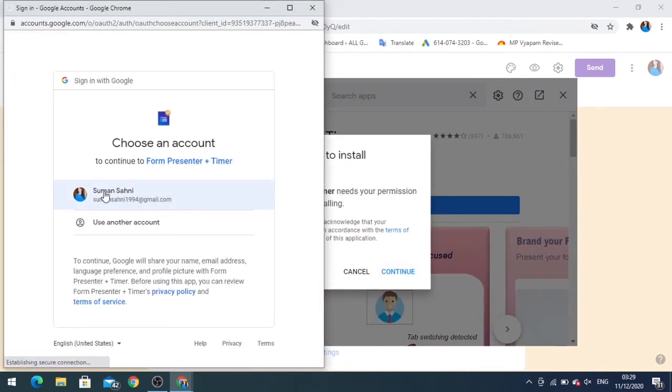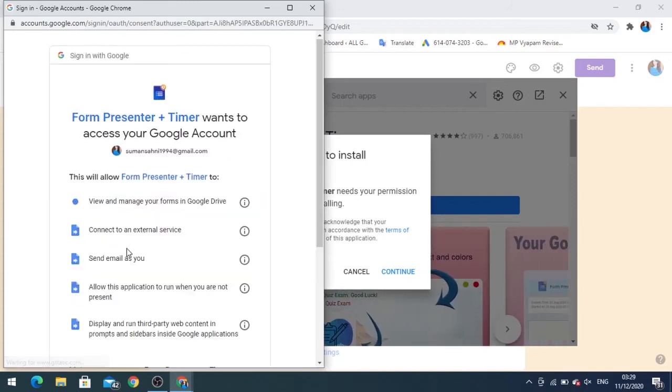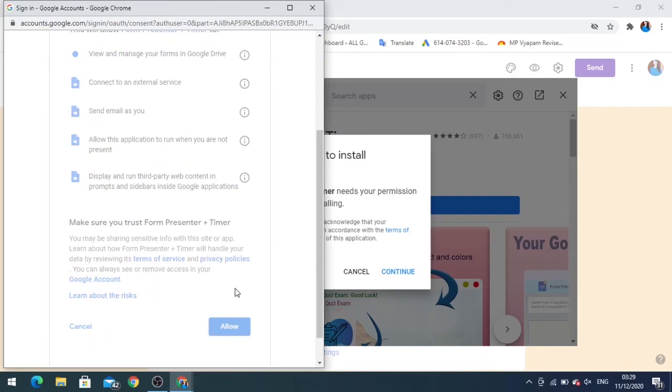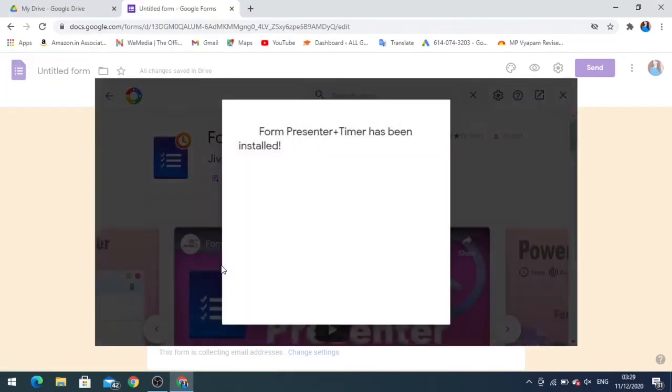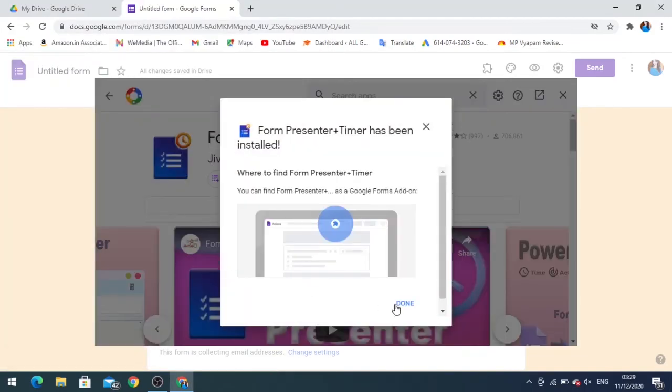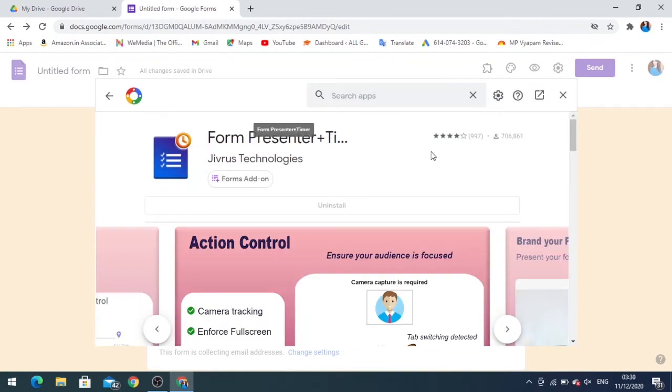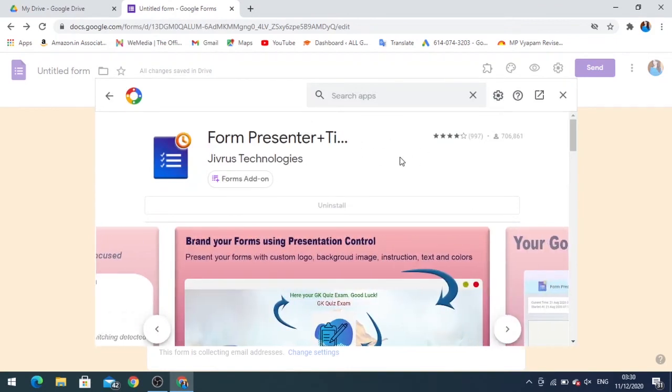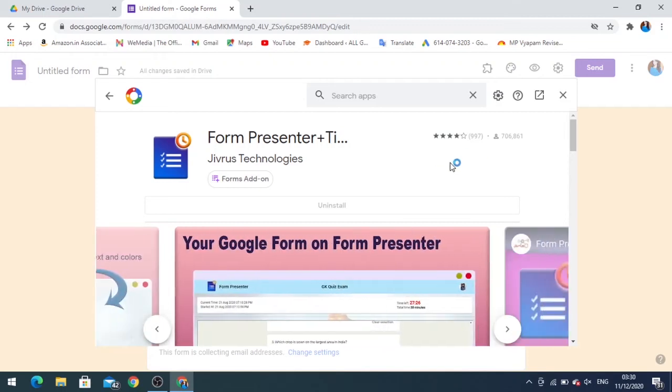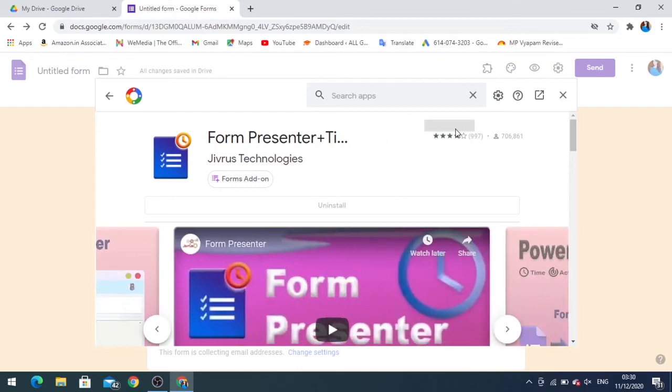Here you have to select the email address and then you have to allow. Done. So one benefit of this is you do not need to install it again and again if you are using Drive with the same email address. This will be installed in it and you can use the timer whenever it is required.